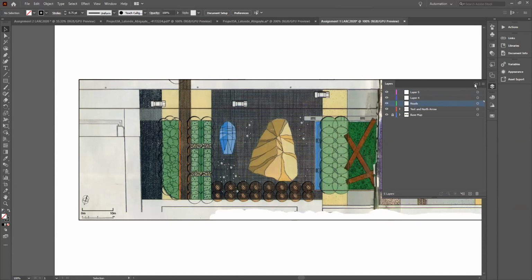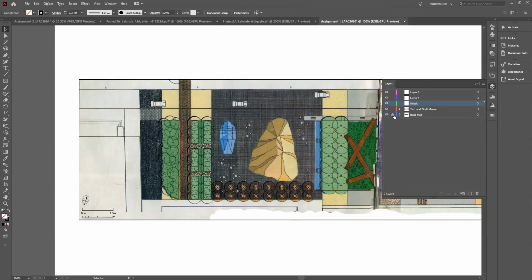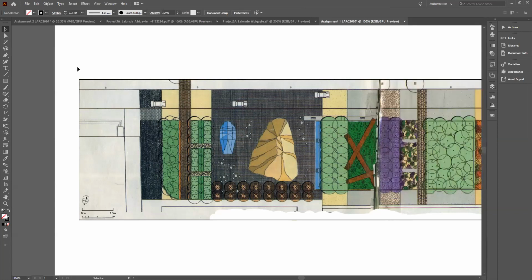Just make sure that layer is selected, and also that the base map is locked, so that anytime I draw over top, it won't move the image around, just so that it's precise. So to do so, the pen tool will